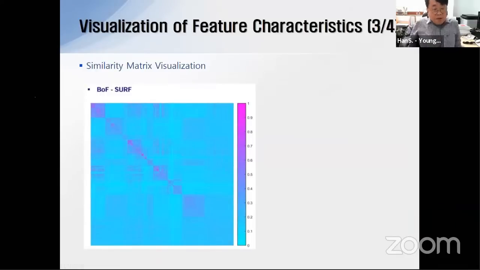The SURF, the bag of features with the SURF, is better compared to the previous approach, but you can distinguish any categorical decision boundary. But